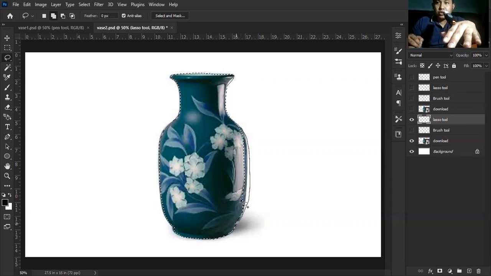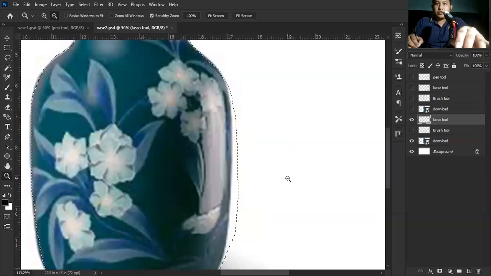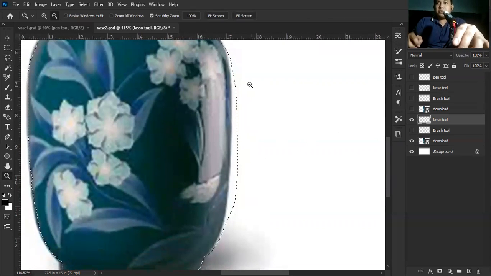The lasso tool is also used by photo editors when they need to put two photos together.